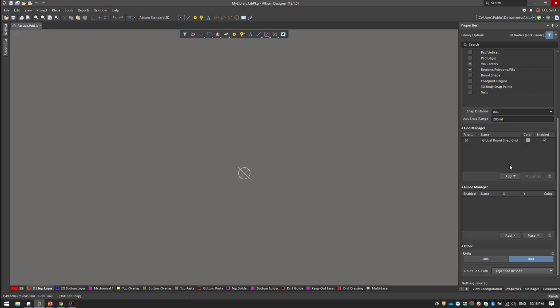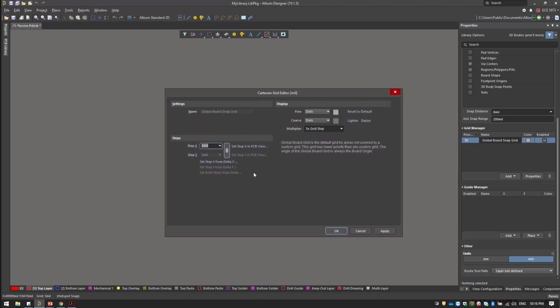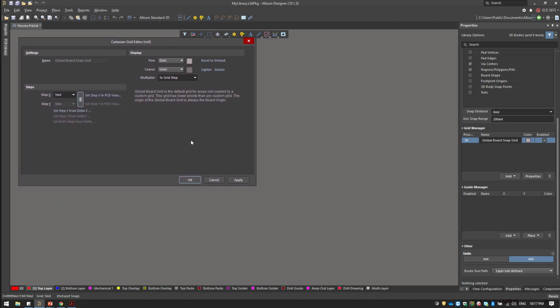So to do that, you go to the properties in here, and under grid manager you double click on it, or you click on the properties in here, and then you set your grid. So let's show the fine, keep it as dots, and let's make it lines. And if you click apply,